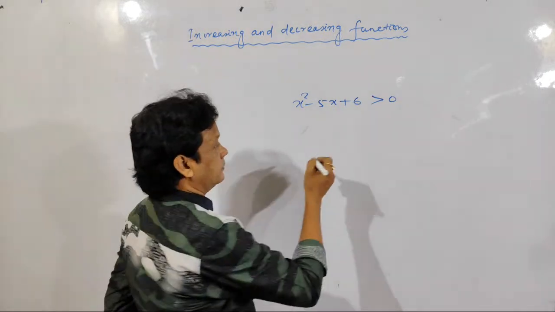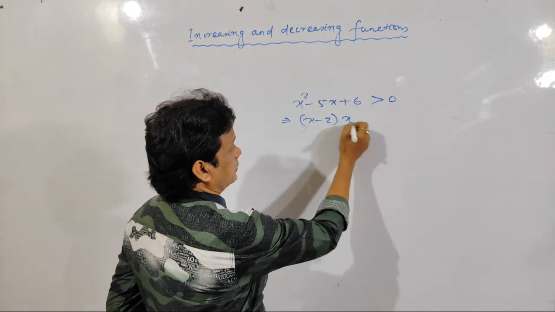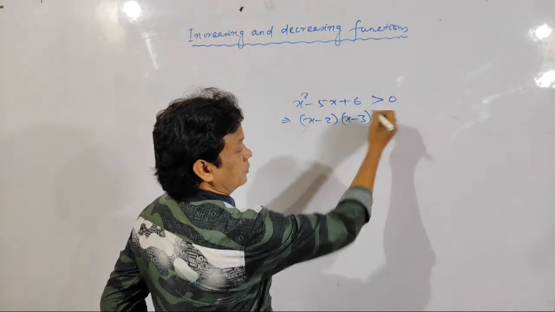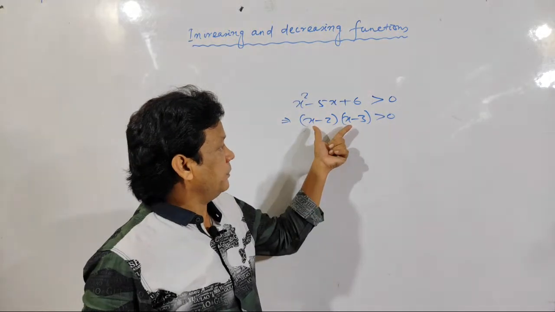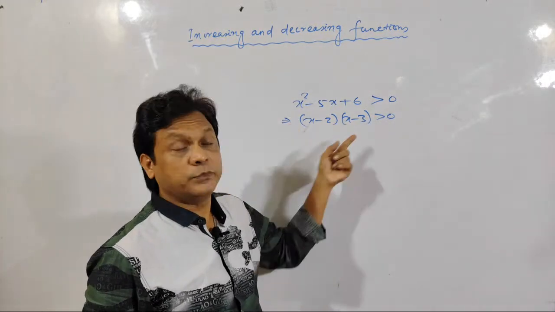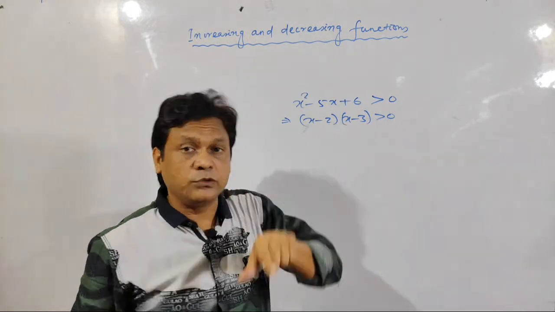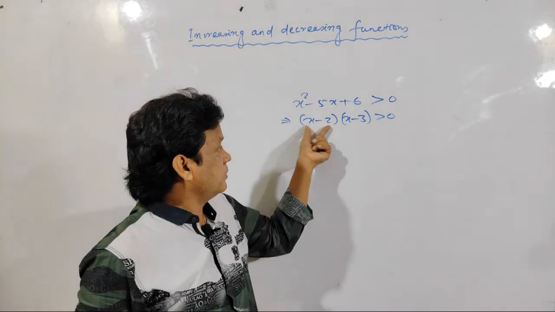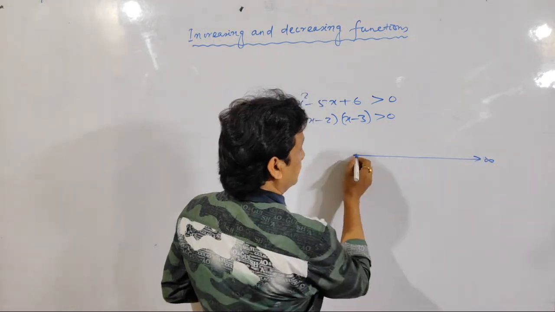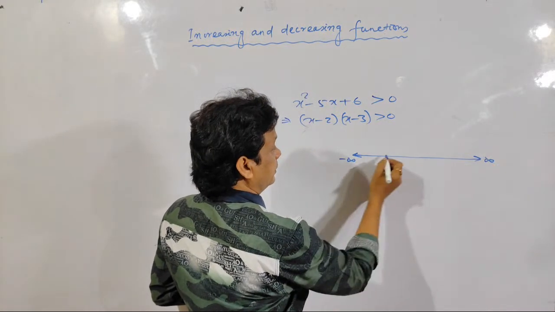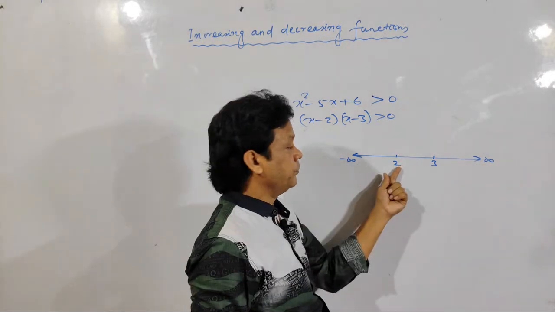Okay, see here. This quantity is actually (x minus 2)(x minus 3) greater than 0. First of all find the value of x for which this quantity will become 0. That means (x minus 2)(x minus 3) equal to 0. That will become x is equal to 2, x is equal to 3. So draw the number line. This is infinity. This is minus infinity. So x is equal to 2 and x is equal to 3. Because 2 is less than 3, you should keep 2 on the left hand side and 3 on the